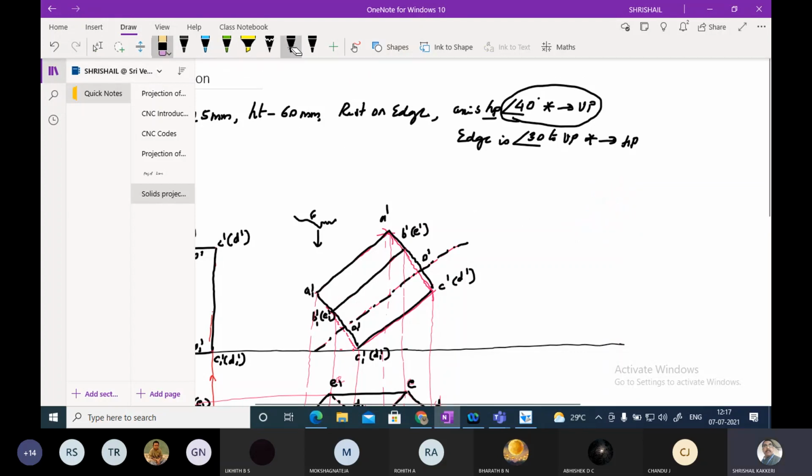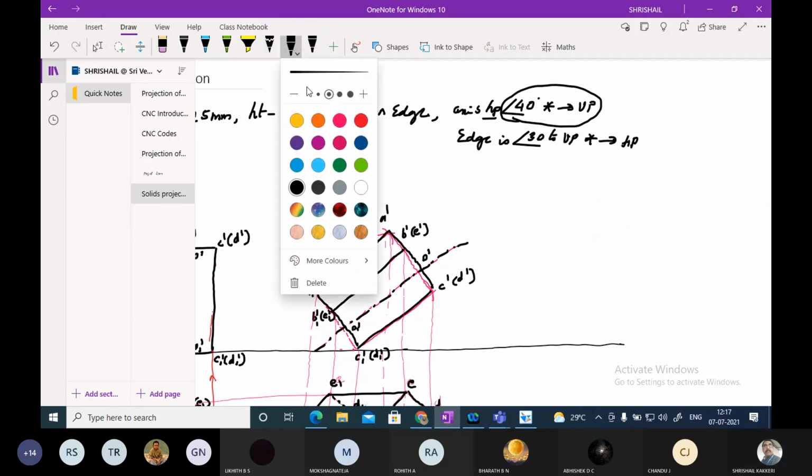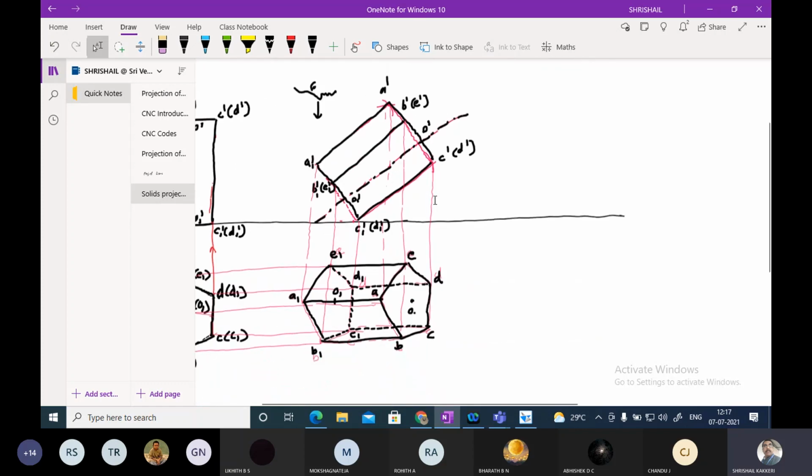They have given us not the axis. They have given us the edge on which it is resting, and that has to be at an angle of 30 degrees to the vertical plane. That means we have to show it on the horizontal plane.